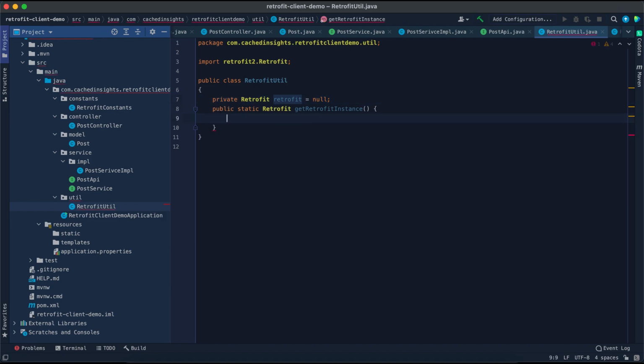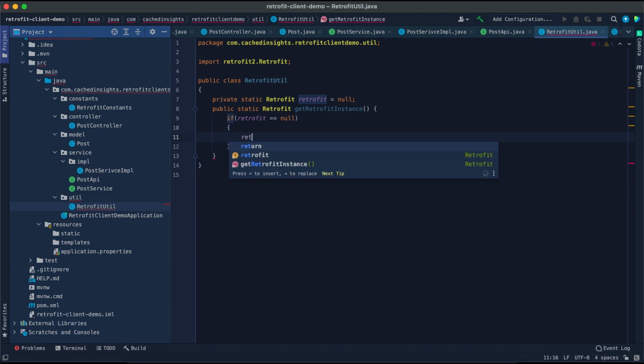Now we will return, if Retrofit equals null, then we'll create Retrofit equals